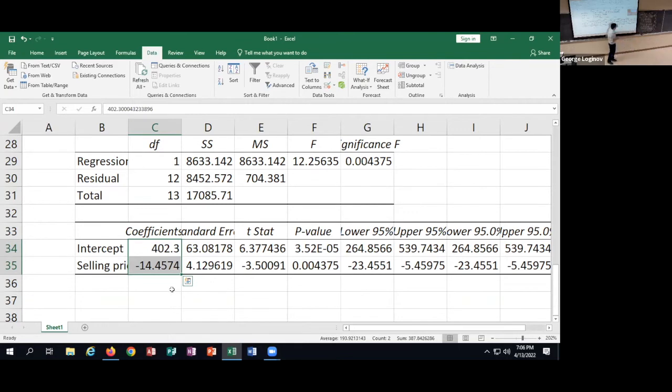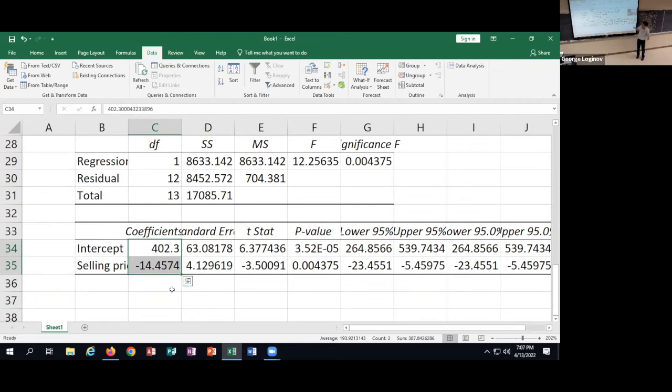If this interval contains 0, that's bad. Because it might mean that in reality, there could be a 0 relationship. Like that the actual value of this parameter is 0. And so price has no effect on your sales, and your sales are varying from market to market for a reason different than the price. Okay? So just remember that if you're looking at the coefficient for